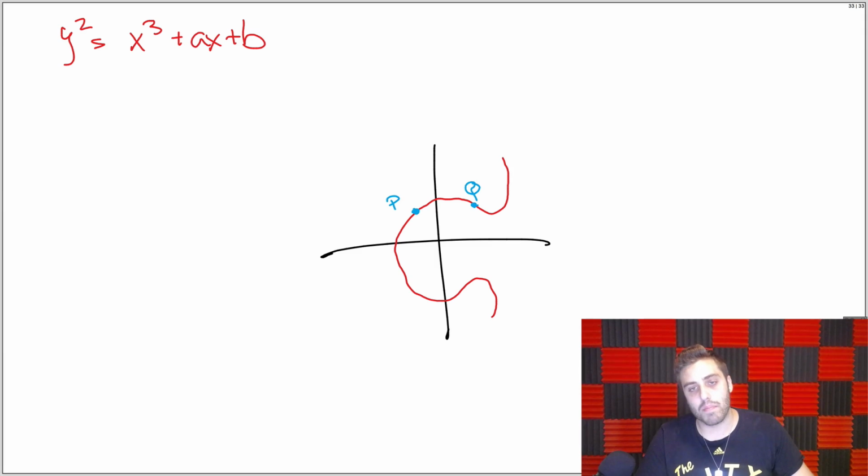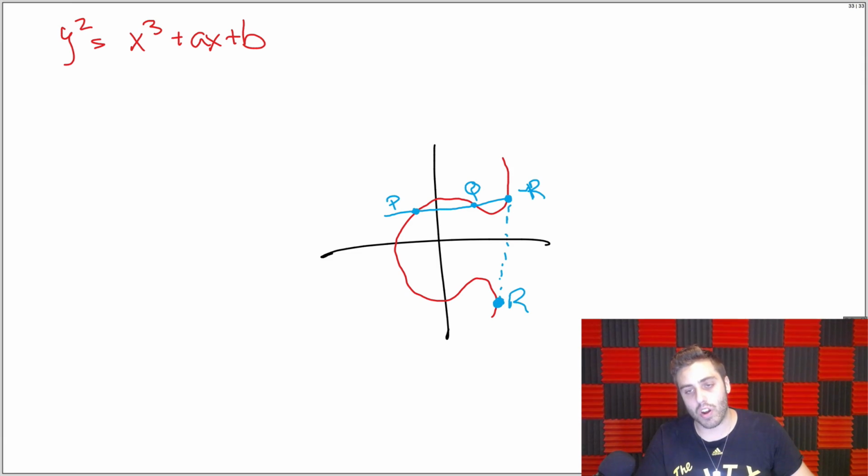If you draw a line through P and through Q, it will always intersect the curve at another point. We'll call this negative r for now. And that point will always be on the same side of the axis as P and Q. So if P and Q are both above the x-axis, negative r is above the x-axis also. And then the curve also has a property that if you reflect the point across the axis, it will always intersect the curve at another point underneath it.